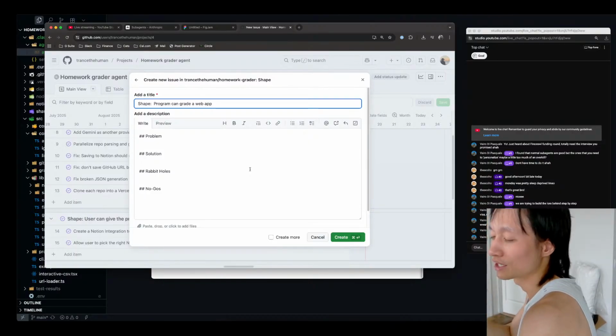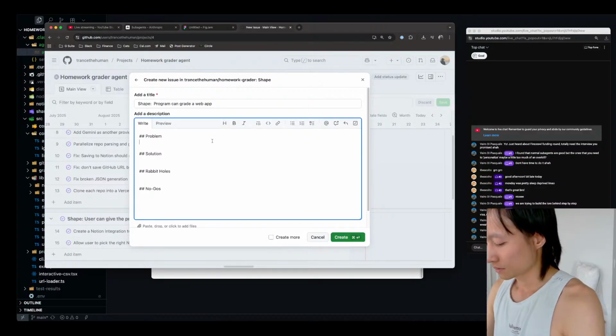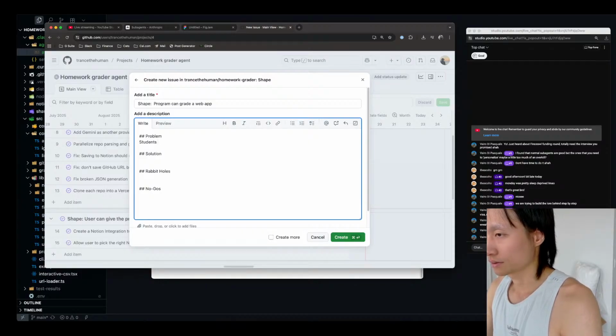That's what we're trying to do, and I'm so excited to do this. So the problem is students submit deployed applications on the